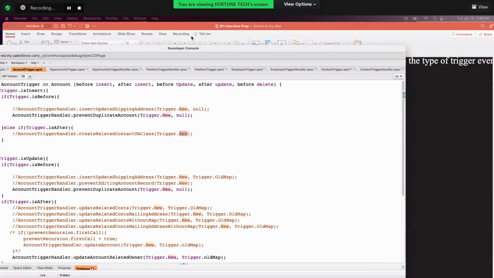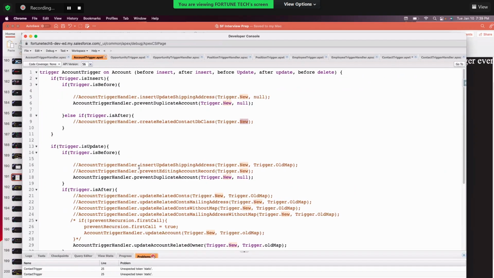But when I check our triggers, we use trigger.new for after update and after insert also. If new is a list of the new records,